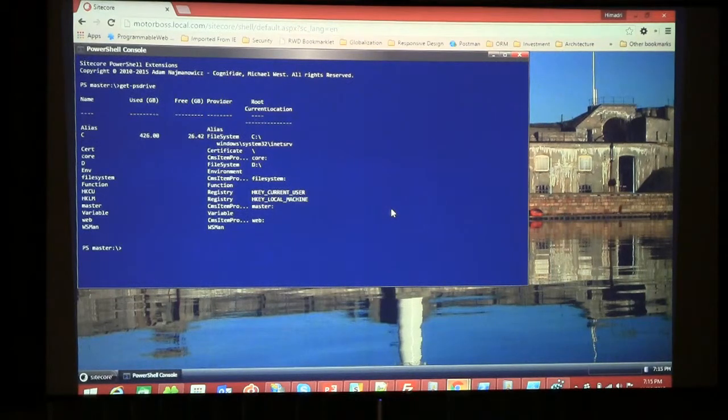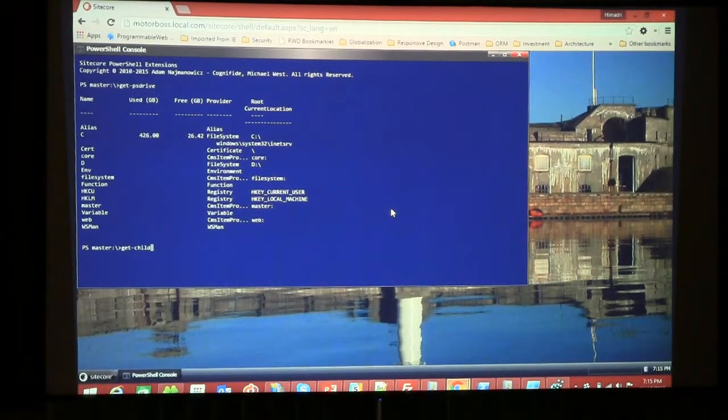The great thing about it is that you still have the original PowerShell drives there. So if you interact with the file system, or the registry, though I don't know why you would interact with the registry, everything is available there. It was built on top of PowerShell. Okay, so since I'm in master, I'll just quickly show you one command: